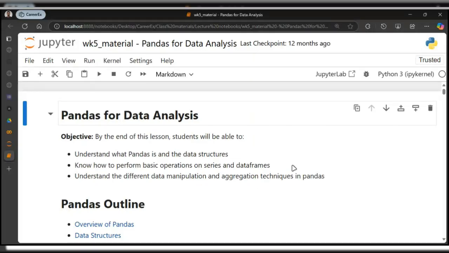Today we're going to be looking at pandas for data analysis. So remember, I've introduced us to